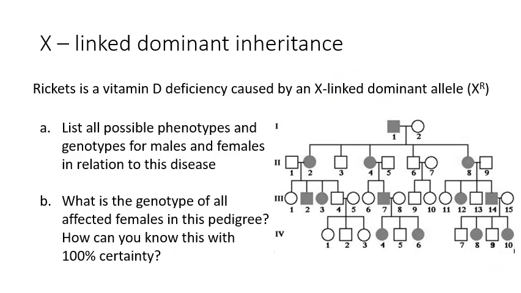So we're first going to have a look at an X-linked dominant trait. This particular trait is known as rickets, and it causes a vitamin D deficiency. We have been told that the X-linked dominant allele to represent rickets is represented by X capital R. So our first task is to list all possible phenotypes and genotypes for males and females in relation to this disease. So if we are looking at females,